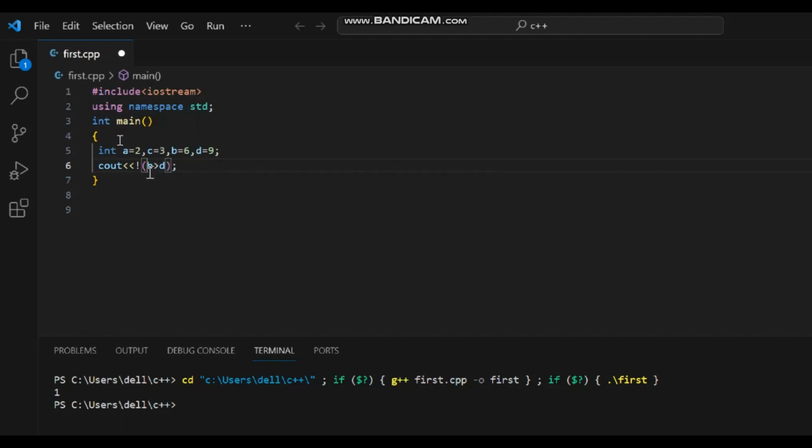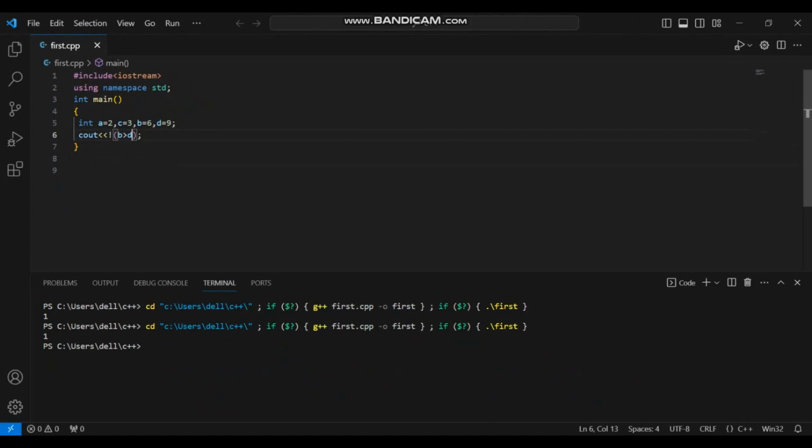Now beside the false condition we have written the NOT operator. So it returns, check the output. Here it is normally a false condition, but it returns true because we have used the NOT operator. NOT operator means generally simply remember that if it is true, it returns false. If it is false, it returns true. It is about all the operators in C++.